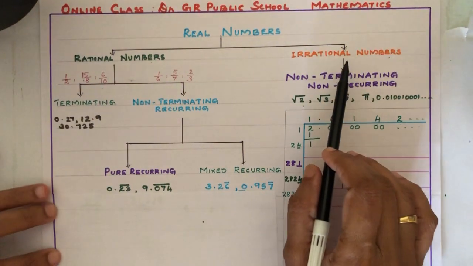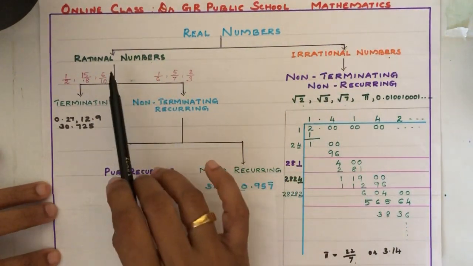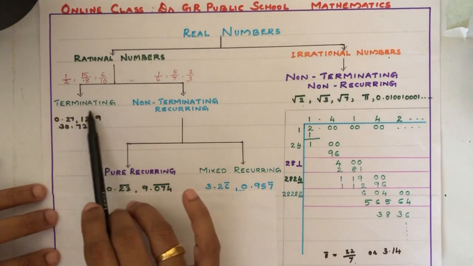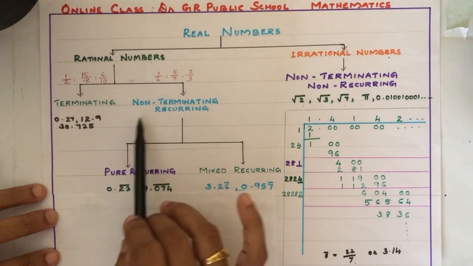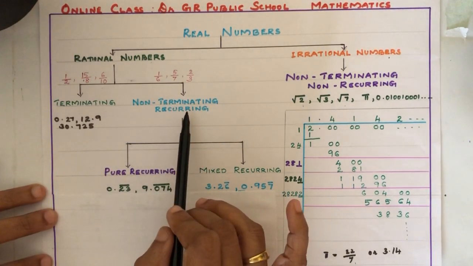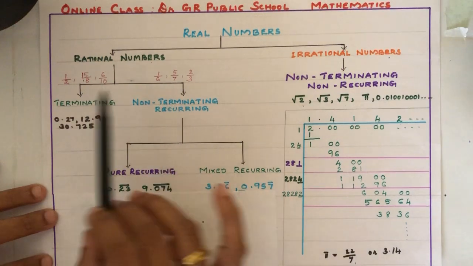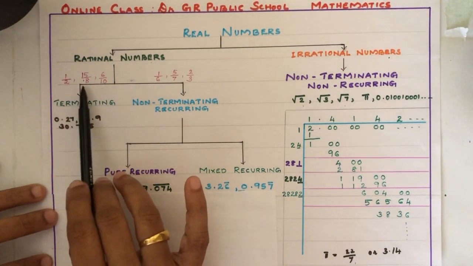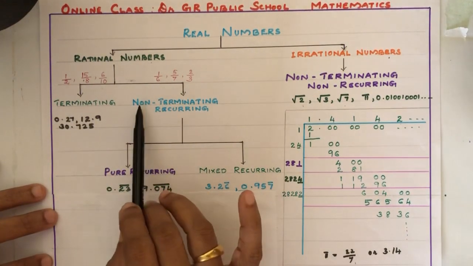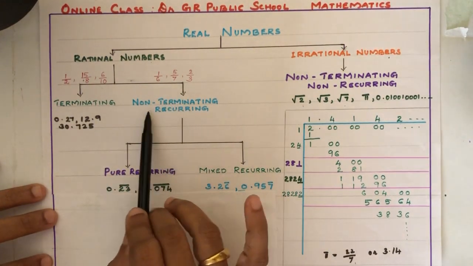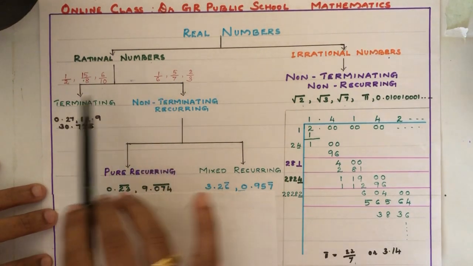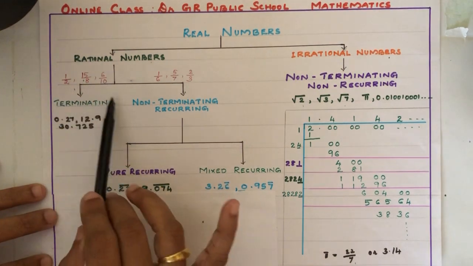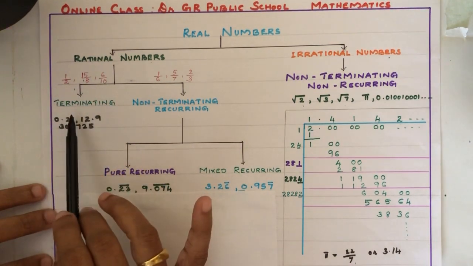In one of the previous videos, we have discussed rational numbers and irrational numbers. There we discussed that every rational number can be written either in the terminating decimal form or in the non-terminating recurring decimal form. Here I have written some examples of which have terminating decimal forms and which have non-terminating recurring decimal form. See, 1 by 2, 15 by 8, 6 by 10, all are having terminating decimal form.